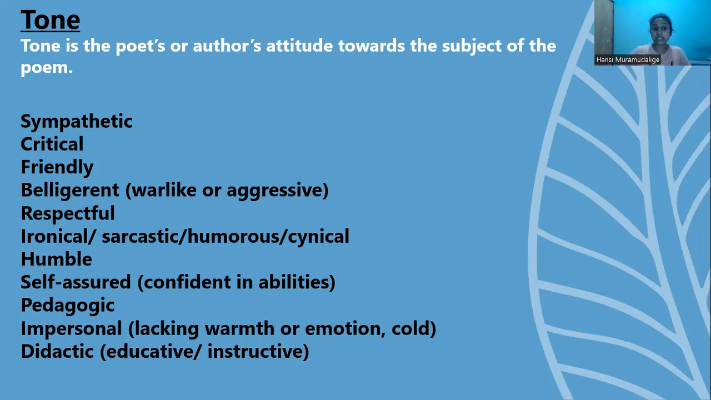Okay? So there are different tones like this. Sympathetic, critical. Sympathetic means sad. Critical means something serious. Friendly, you know, friendly. Belligerent. So a new word. Warlike or aggressive. Written about something like a war. The tone is warlike, belligerent, respectful, and the word ironical, sarcastic, humorous, cynical, those things, right? Humble,